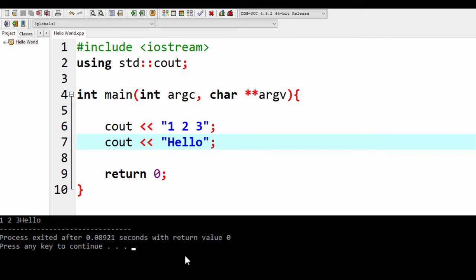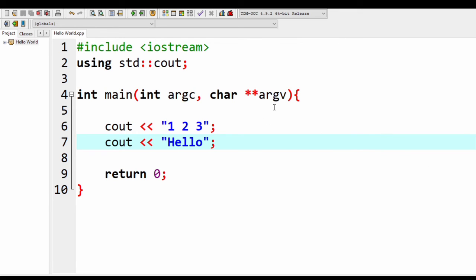Cout statements. It's because that is how C++ works. That is how this programming language works. So, in order to write hello on another line, we can use two things for C++, and for C, only one. The method that is available for both C and C++, method 1, is using an escape sequence called \n.